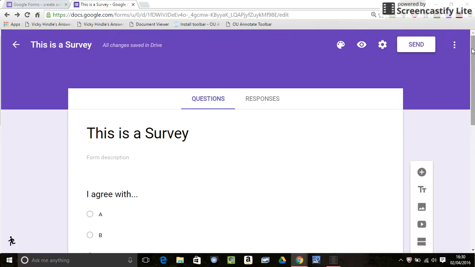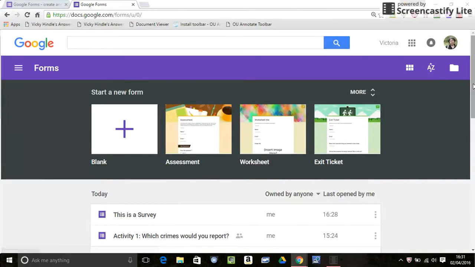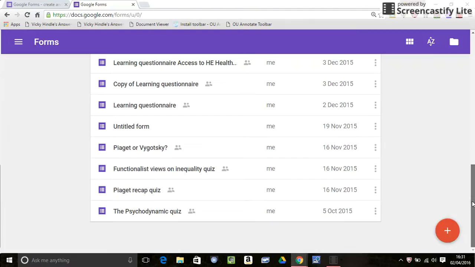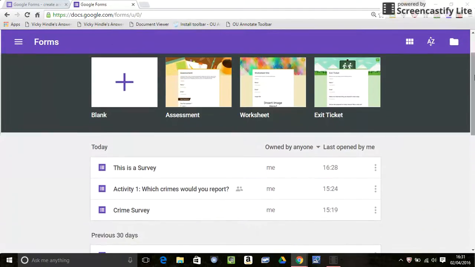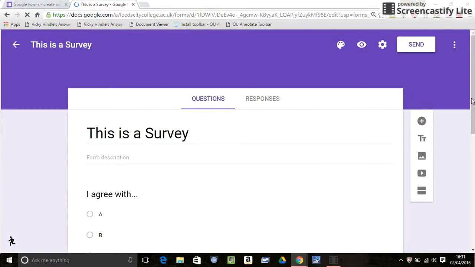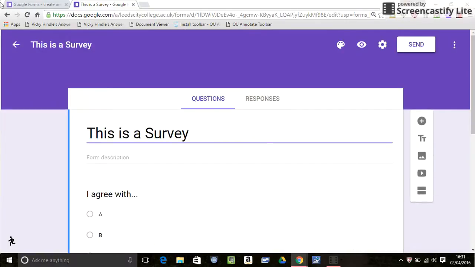But if you want to come back to the questionnaire, if we go back to here, if you want to find your questionnaire, any questionnaires that you do will be saved here. So if we click on, this is a survey again, you will see that those changes have definitely been saved. So if we go back,